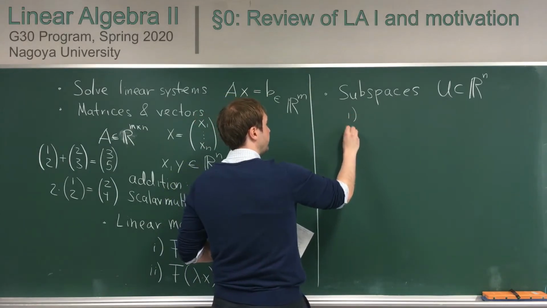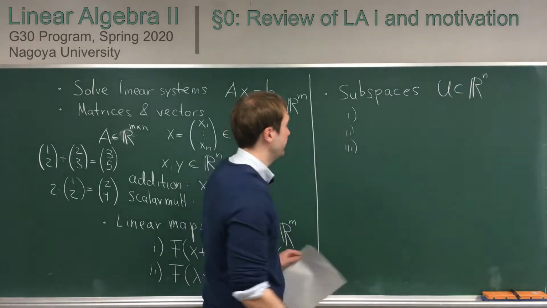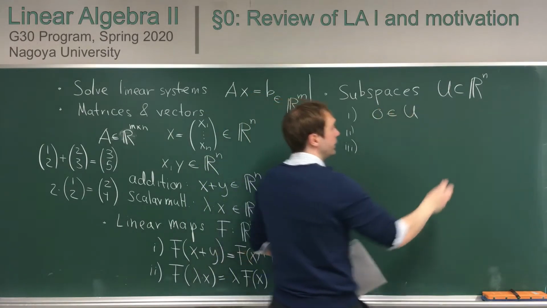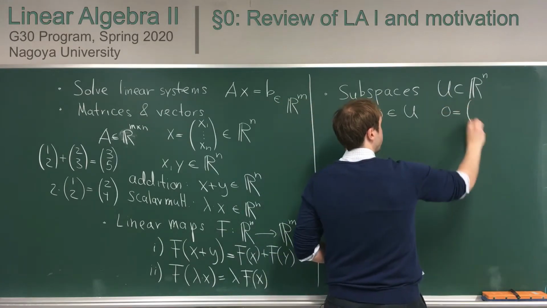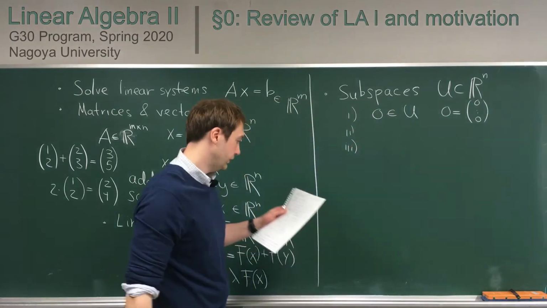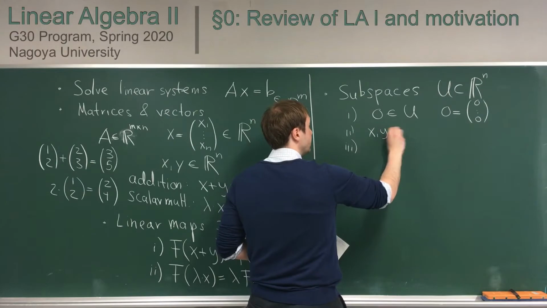So U was a subspace if it satisfies these three conditions. The first was that 0 is in U, and by 0 we meant this 0 vector, which just contains n zeros. And then if I have two elements in U,